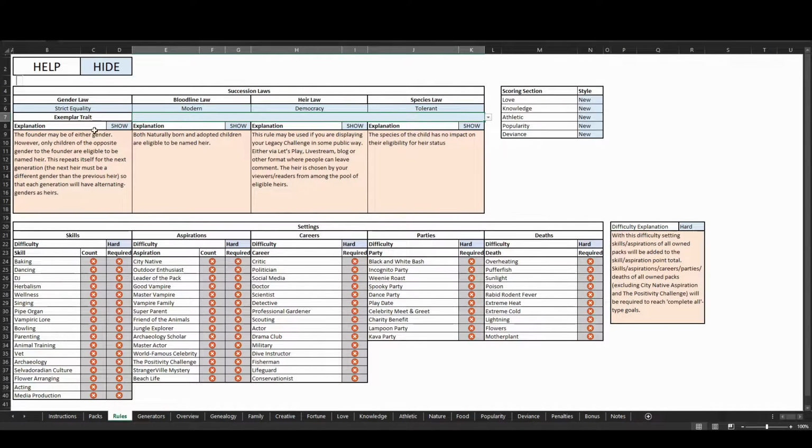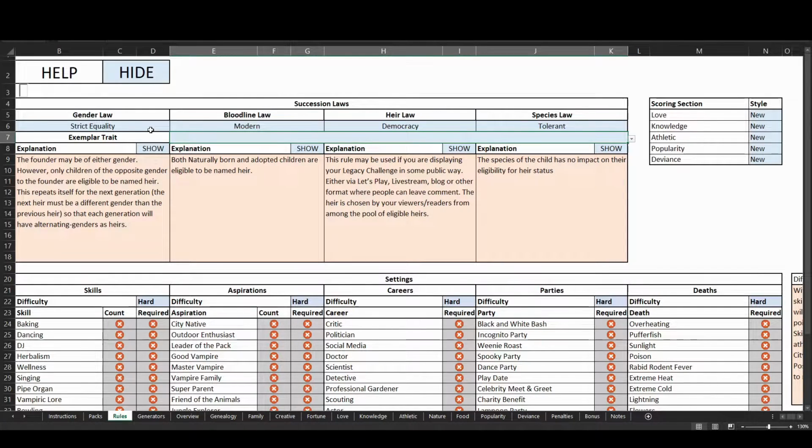So rules, as you can see here, we're going to be working with the strict equality gender law. So here the founder may be of either gender, however only children of the opposite gender to the founder are eligible to be named heir. And this repeats itself for each generation. The next heir must be a different gender than the previous heir, so that each generation will have alternating genders as heirs. My bloodline law is modern, which means that both naturally born and adopted children are eligible to be